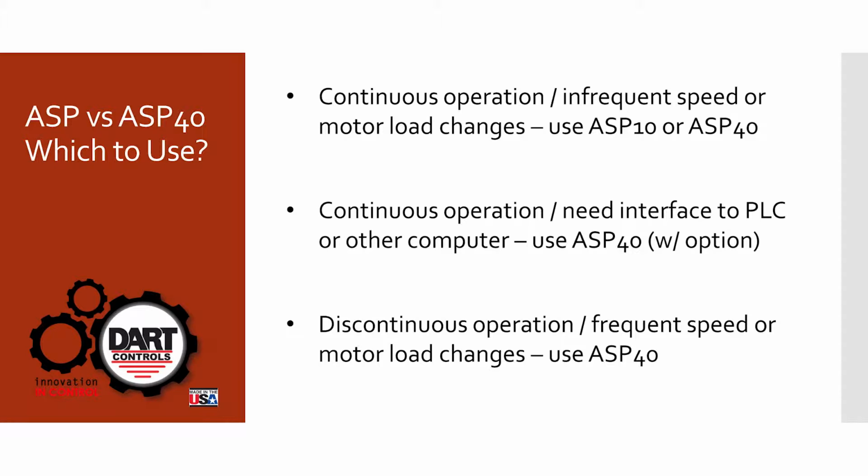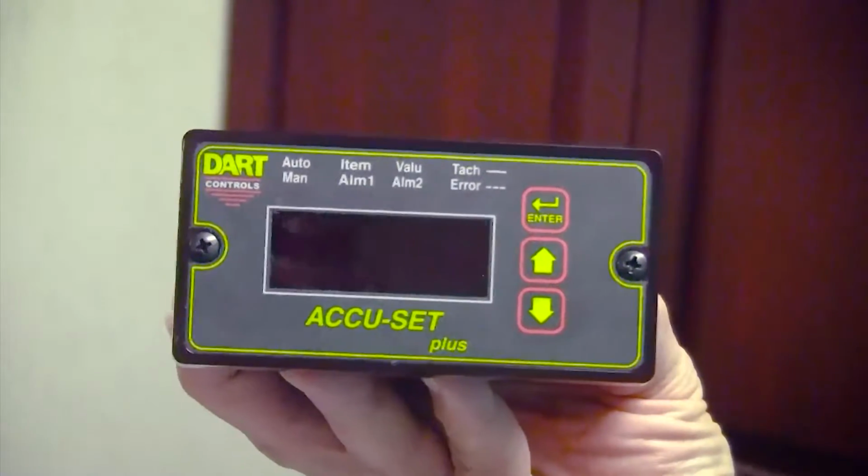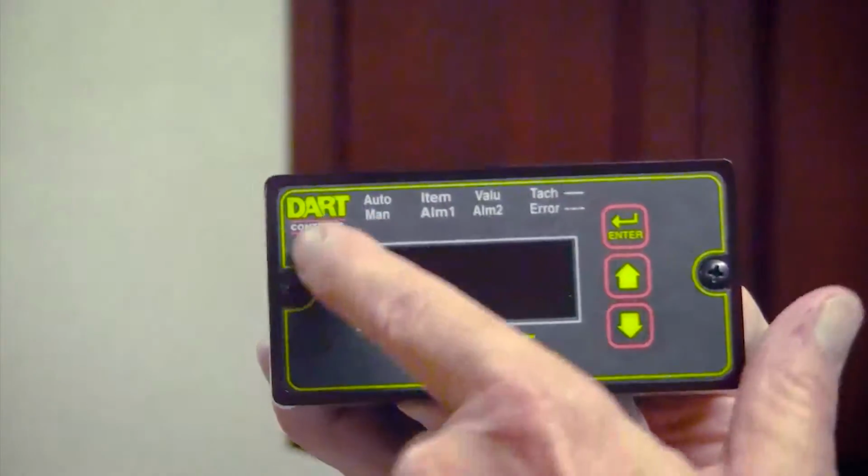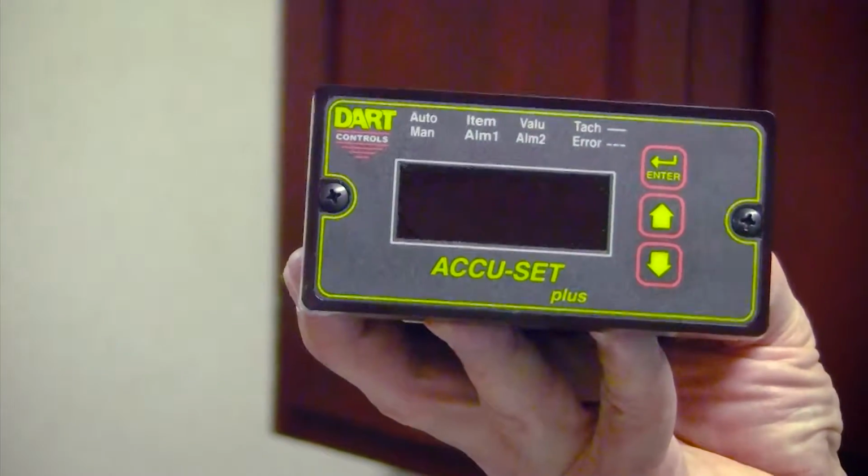And then finally, the third criteria is if you have a discontinuous operation, or you're turning it on and off, you're making frequent speed changes, or if the motor load is going to change on a regular basis, use the ASP40. So all the programming on AccuSet products or ASP is done through the front panel unless you're using a